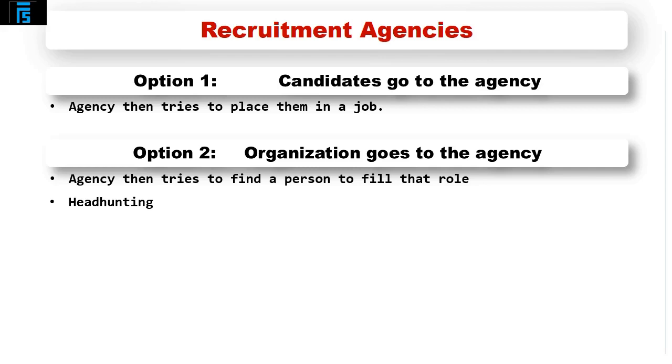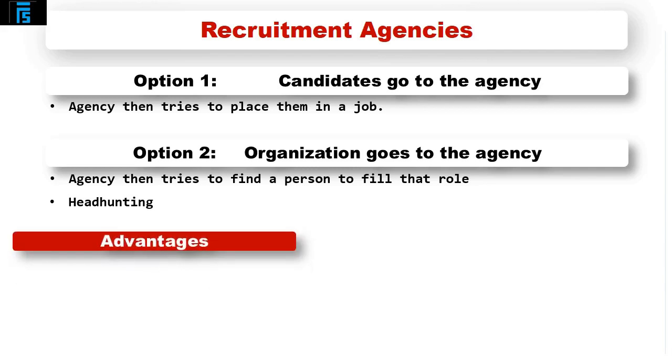Now, there are some advantages of using a recruitment agency. First of all, as we've already said, less distracting for managers. If I am a manager in a small company, I have got other things to get on and do, I haven't got time to worry about recruitment as well. I know it's important, but I just don't have time to worry about it. So I will simply pay a recruitment agent and let them worry about it. That way I can get on with what I am good at.